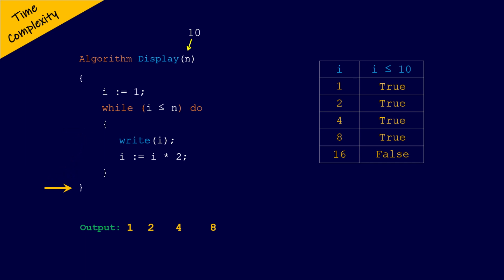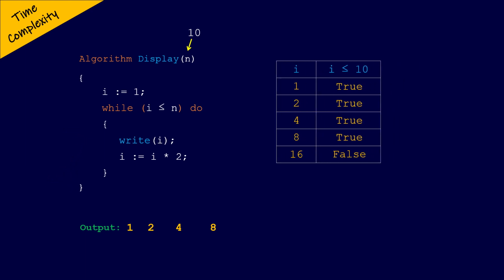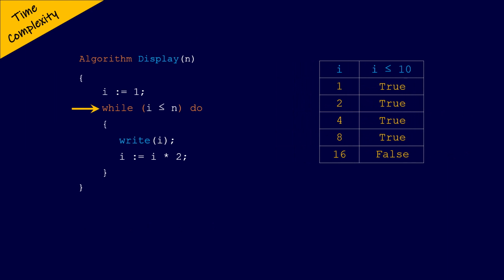the while loop terminates. If you observe, when the value of n is 10, then the statements within the while loop are executed 4 times, because the condition in the while loop is true, and the 5th time the condition becomes false. In the first loop, the value of I is 1, which is actually 2 power 0. Then in the second loop, the value of I is 2, which is 2 power 1. Then in the next loop, the value of I is 4, which is 2 power 2. Then in the next loop, the value of I is 8, which is 2 power 3, and so on